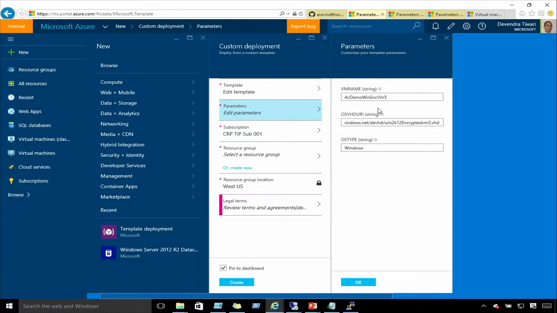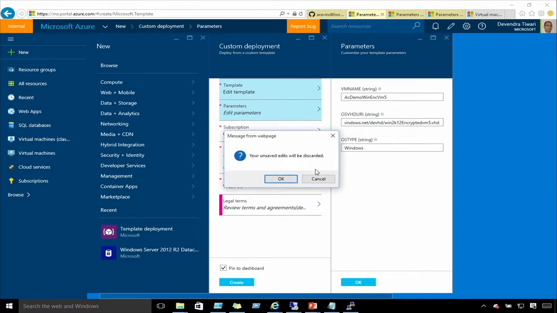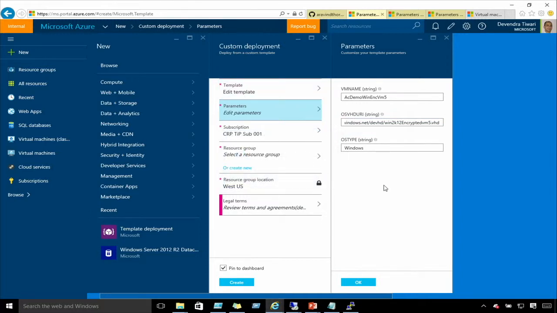Now, for the purpose of these demos, it expects a virtual machine name, the VM name, which you want to provision from that encrypted VHD, from that encrypted payload. And then it includes the URI where your encrypted VHD is uploaded. Now, once you have done that, inside the template, we have referenced the Key Vault URI, which Sumit had earlier created and handed to me. So we are using that, and with just entering the VM name and reference to the OS encrypted VHD,